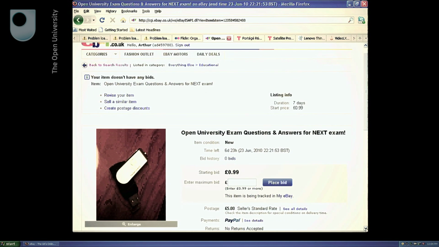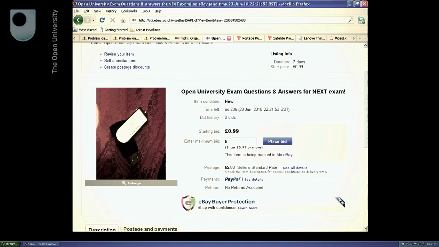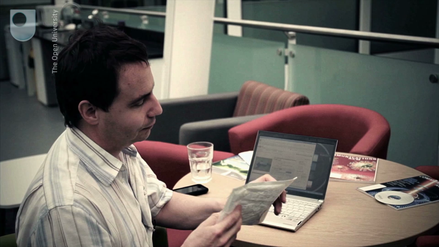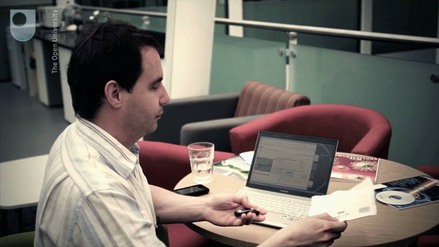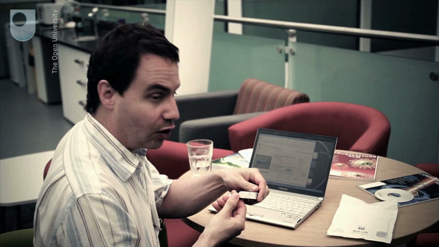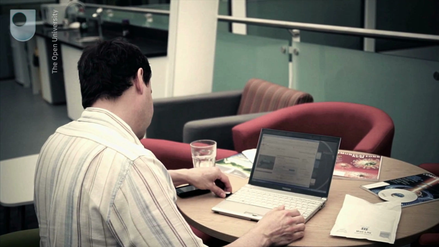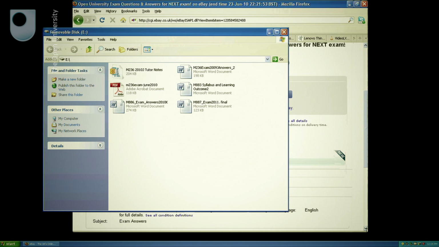This is an ad for a memory stick containing the answers for upcoming Open University exams. So I asked a friend to buy it for me. This arrived. USB memory stick, Open University branded. Let's see what's on it. Okay, there are the files for the answers and the questions for the exams for the next year for a